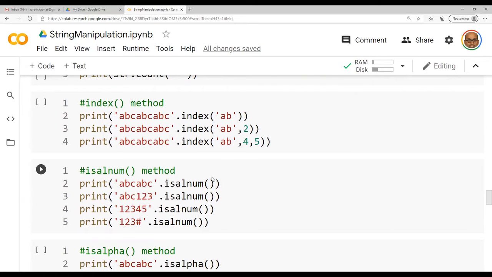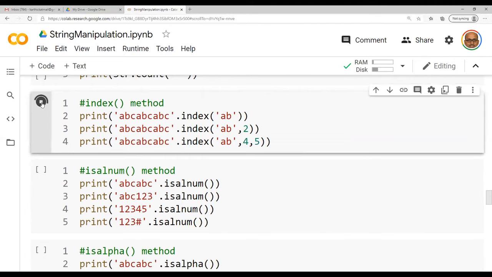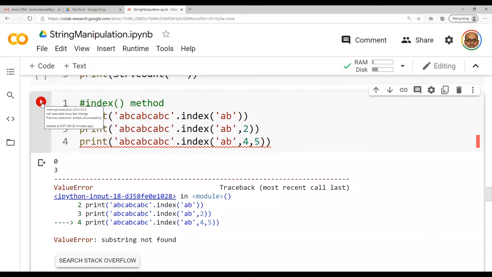Again, it also has 3 formats. It returns the lowest index of the substring which I am trying to search. ABC, ABC, ABC dot index of AB. This is what I'm going to search. This will return me the answer 0 for the second print statement.